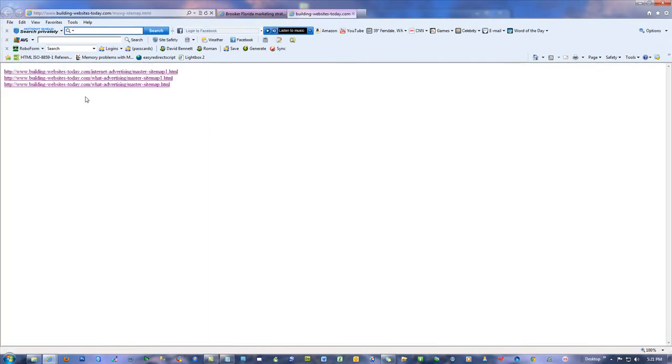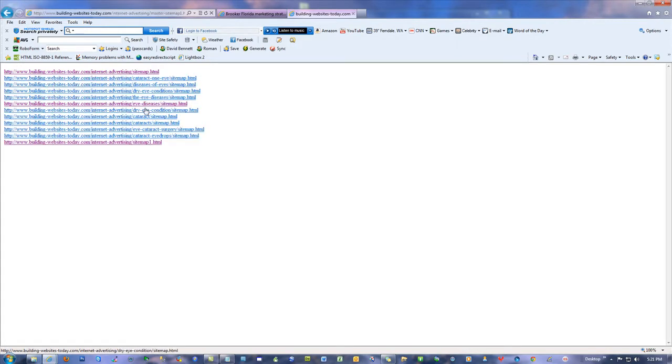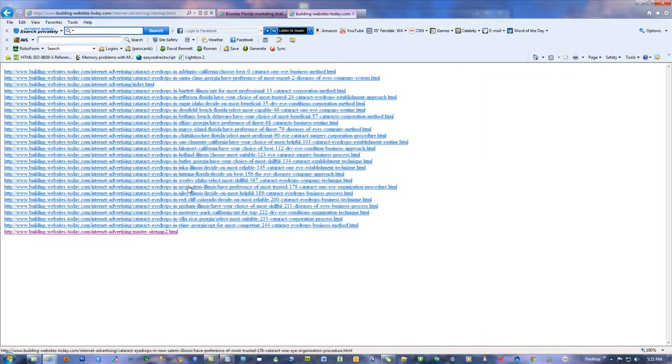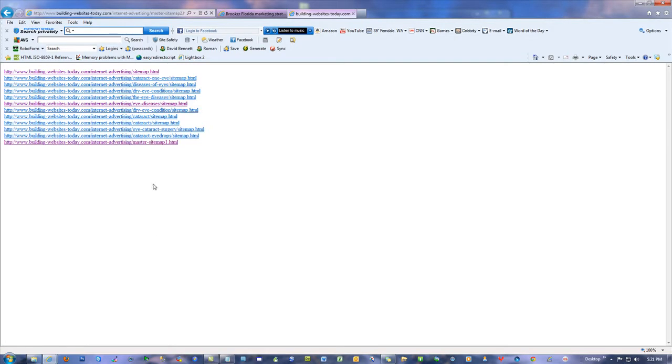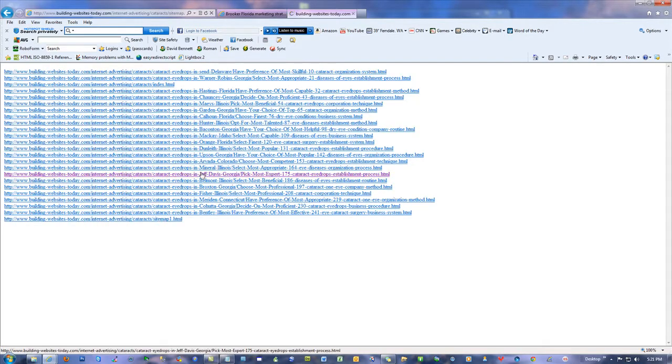It doesn't matter if you do them in different project folders. This one's in a folder called internet-advertising. The next one's in a folder called what-advertising. I was just doing some testing. So if I click on either of these, they have all the main sitemap links, and they connect to the new and the old sitemap links, and even the oldest of them. They don't get lost. They're completely interlaced properly so that all these sitemap links are always together for the